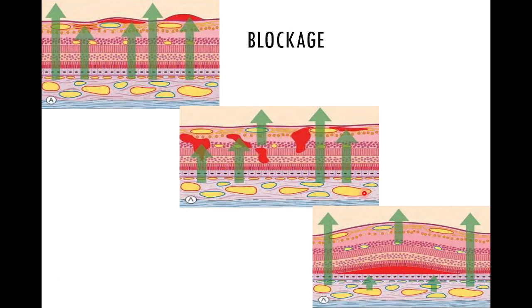Then we move on to the hypofluorescence. The first is the blockage. So we have finished with the hyperfluorescence. Let's move on to the hypofluorescence. This picture beautifully depicts the blockage. See here, this is the choroidal circulation. If some blood is here, we will be able to see the retinal circulation, but we will not be able to see the choroidal circulation.